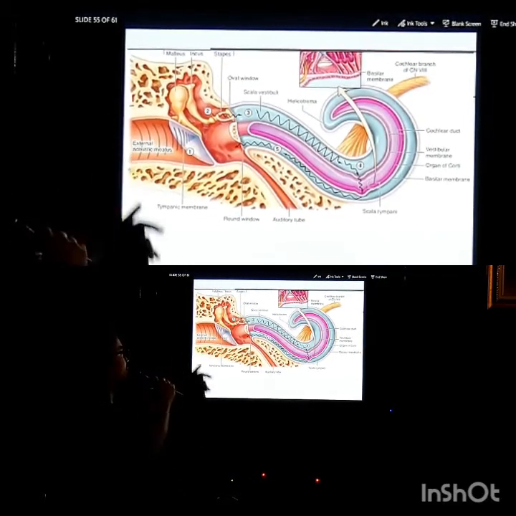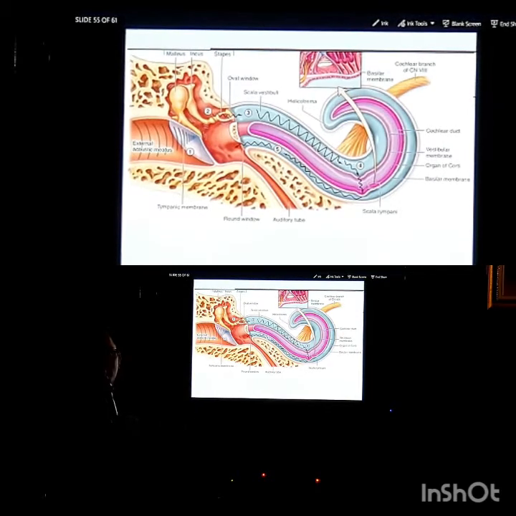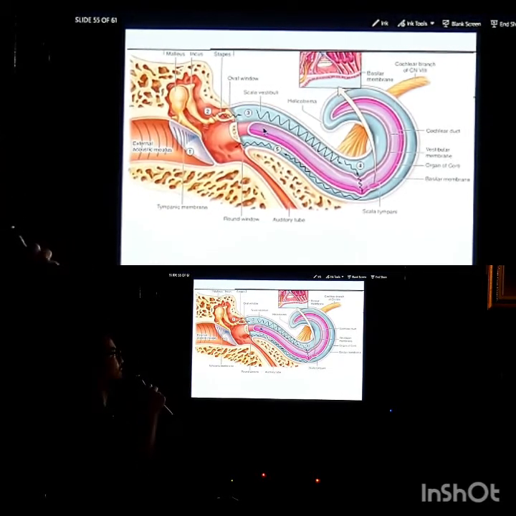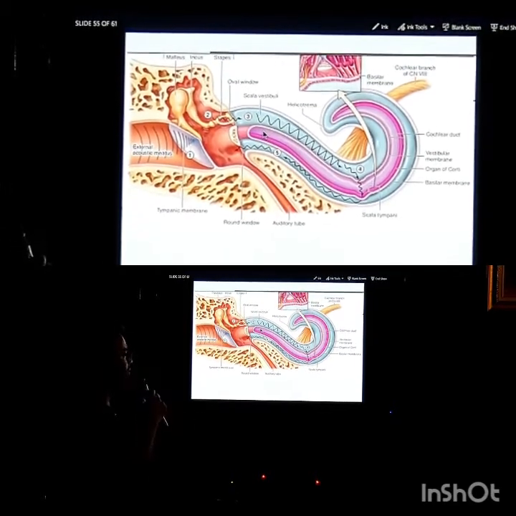And alleviating that phenomenon is the job of the middle ear or the ossicular chain. So the ossicular chain actually enhances the sound signal from the air medium outside as it transmits it to the fluid-filled medium in the cochlea. Okay? And in the cochlea,